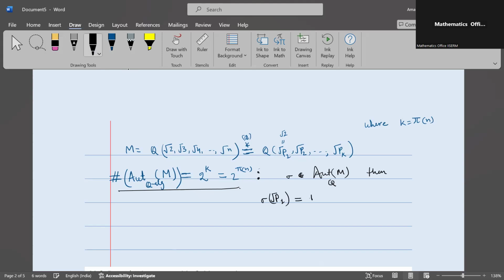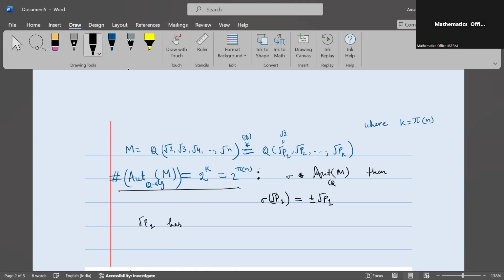No other choice for where root P1 can be sent. You understand this? This is because root P1 has